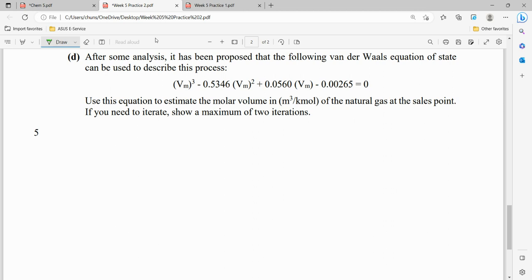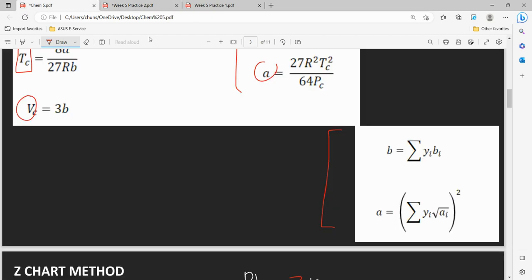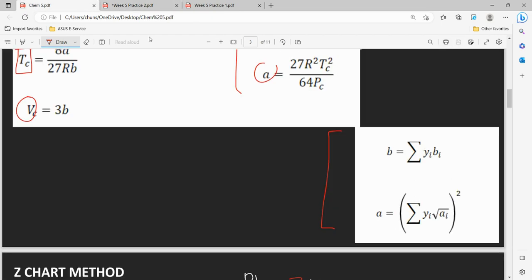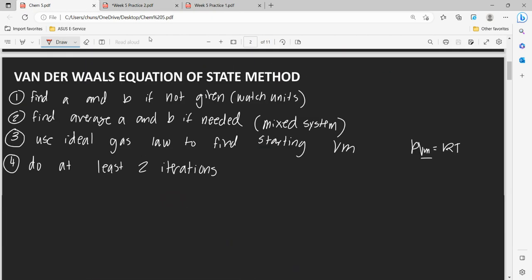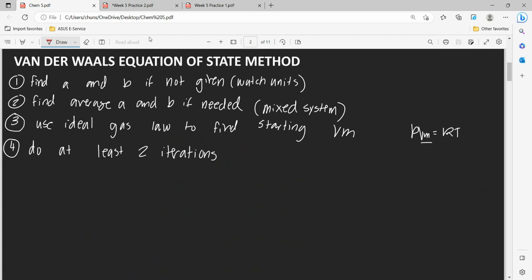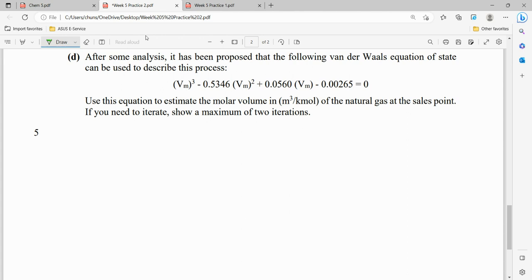And use this equation to estimate the molar volume of the natural gas at the sales point. So this is our equation of state method. We talked about this in this slide here. So we need to find A and B. We've already got those under our belt. Those have already been calculated for us, so it's saving us a significant amount of work